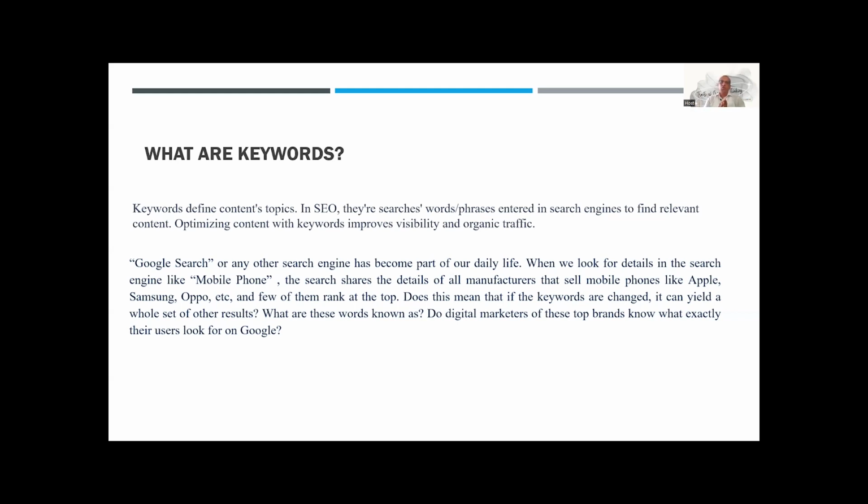Now, in the Google search, as we said just beforehand, if we search for Apple phone, Apple iPhone, then all the websites that are related to Apple iPhone will come up as an end result. So now the thing is, is it so? If we change the keyword, will that change the end result of the web search? Might be.